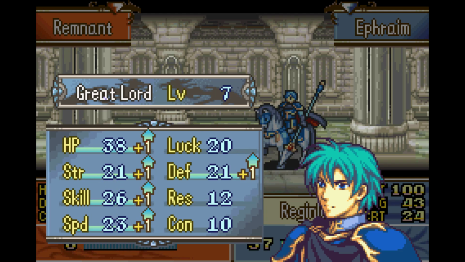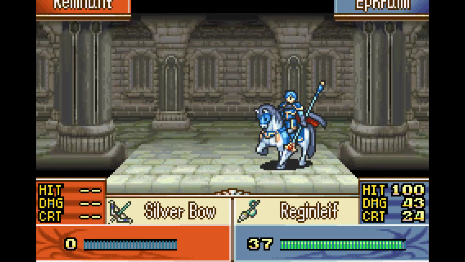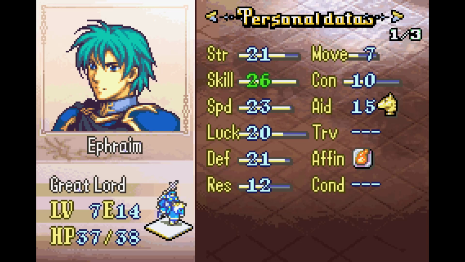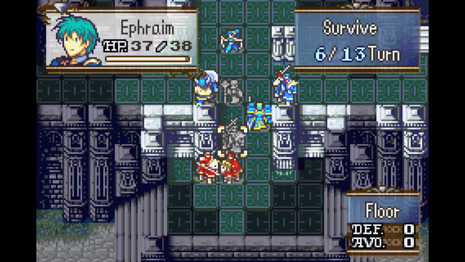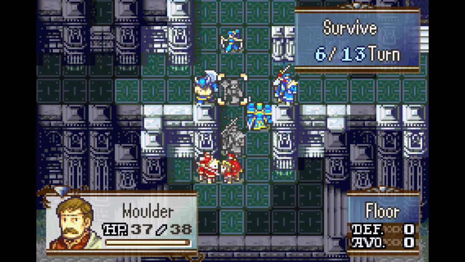More strength, skill, speed, and defense. Perfect. I think he's 1 point off from capping speed. In fact, he just capped skill. Yeah, look at that. 1 more point of speed, and he'll have capped that. Utterly ridiculous. Ephraim is a monster. His strength's a little lower than I'd like it to be. I think it caps out at 27. He's got plenty of time to do that. He probably won't before the game is over, but that's okay. His con is his only downside, I think. He's only got 10 con, and he's still being weighed down by 3 by a Steel Lance, so...